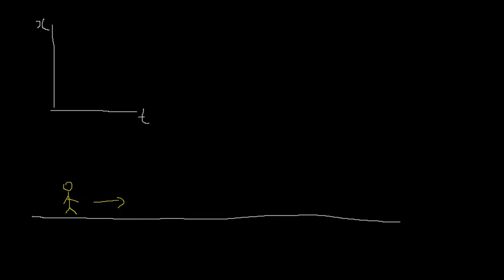And we are going to think of this path as the x-axis, and let's say the child starts at x equal to 0 and starts walking. So his position at any point along the road is given by x. And when he or she is at x, let's say the time is t. Let's say I then plot a graph of x against t, and